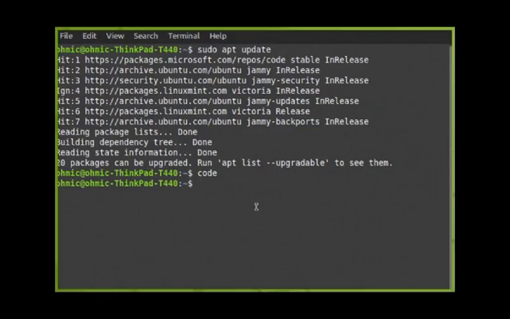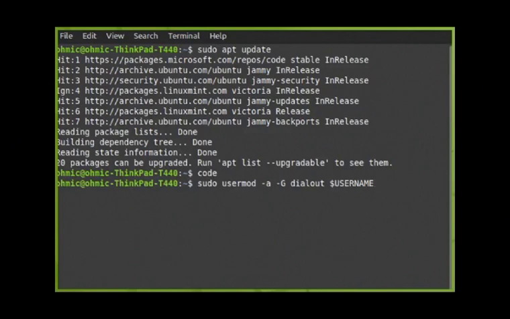Other thing to look at just before we get started with our Blink example is we want to make sure we can access the USB ports. In order to do that, we want to add your username to the dialout group. So if we type in this command, add your username,